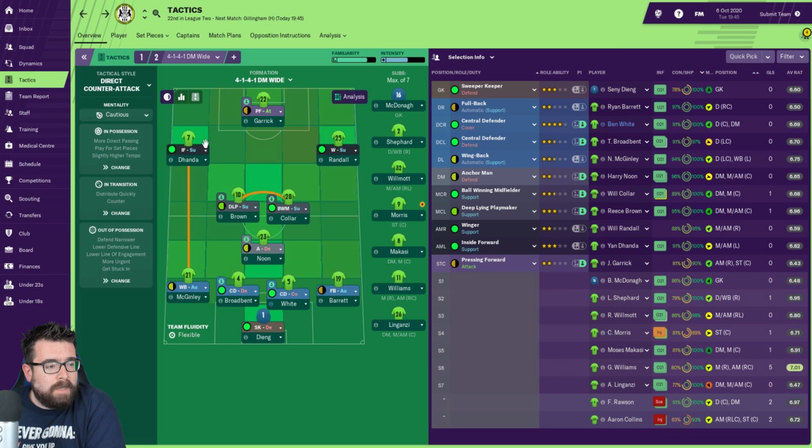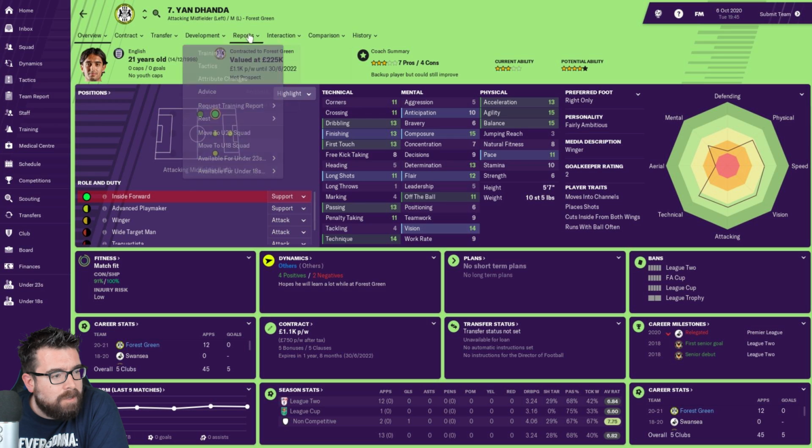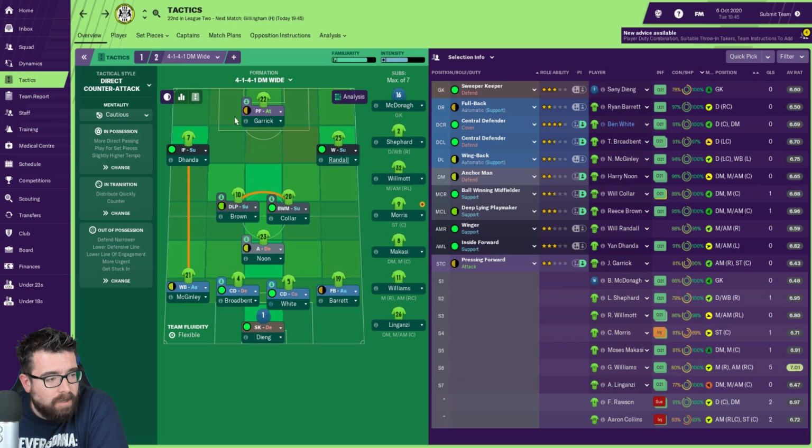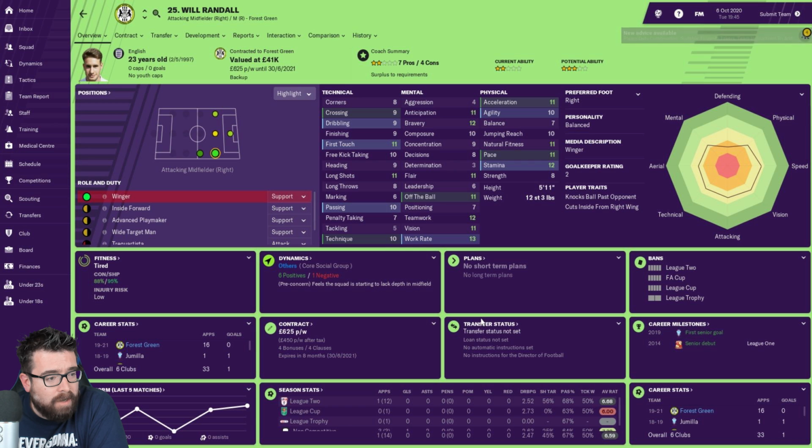But hopefully, getting him up there as an inside forward, I don't know if it will tell me if that's where he's been playing, but I don't see why he's been so poor when he looks so good. He has been playing in that role. It's just not been any good, and I don't know why. Perhaps just because the team's not been any good. I think we're going to be relying on him for a lot of our goals, which is a worry because